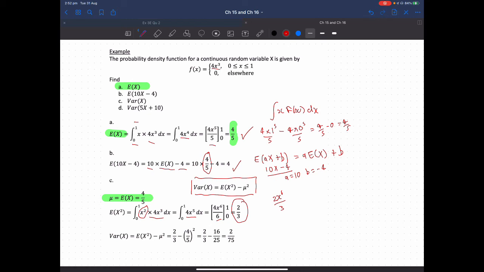We haven't solved the question. What we have done is given us the building blocks to work out what the variance is. Going back to our formula,